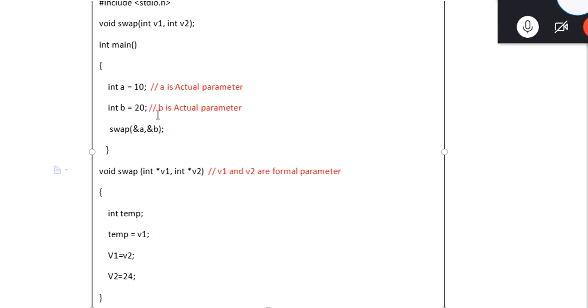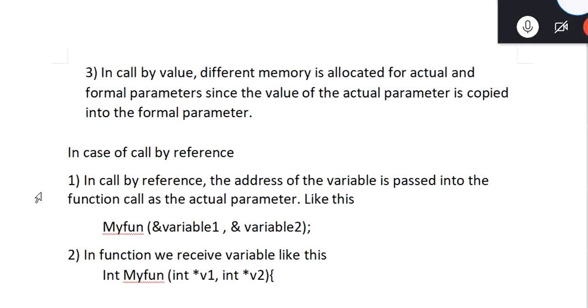Here also, in call by reference, this parameter is an actual parameter, and these V1, V2 are formal parameters. Although they have now become pointers, they are still formal parameters, and this is the actual parameter. This is just terminology. Okay.